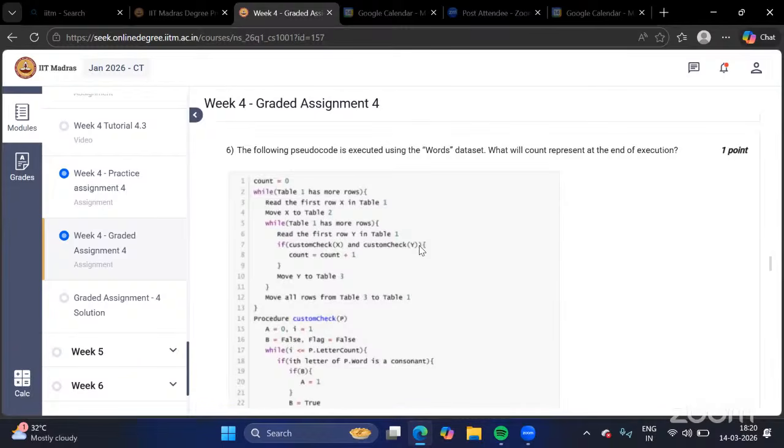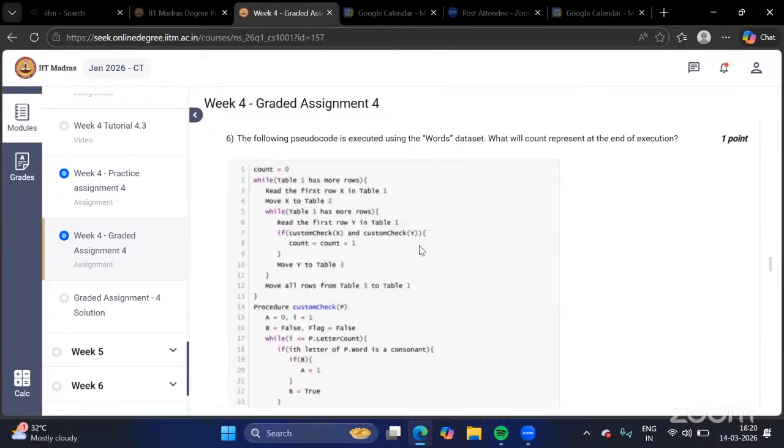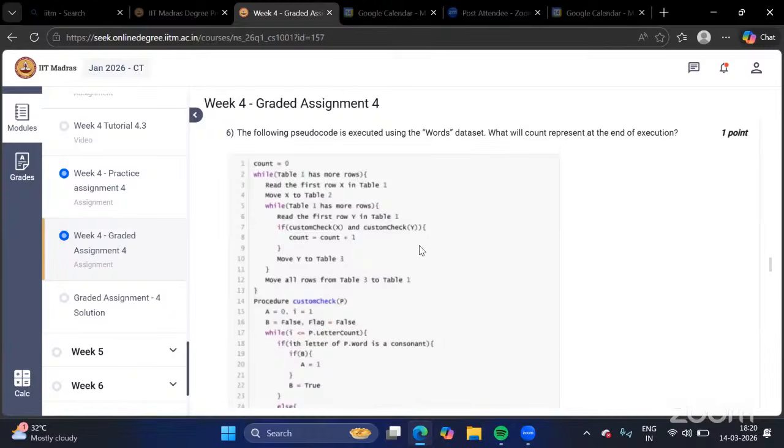So here in line number 7, we are checking custom check X and custom check Y. So we have a procedure, custom check. Let's try to figure out what it is trying to do. So A is equal to 0, I is equal to 1, B is false, flag is false. While I is less than or equal to P dot letter count, if the I-th letter of P dot word is a consonant,